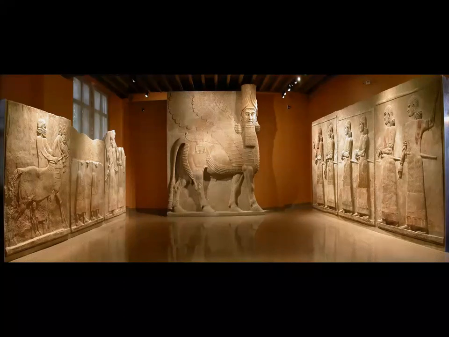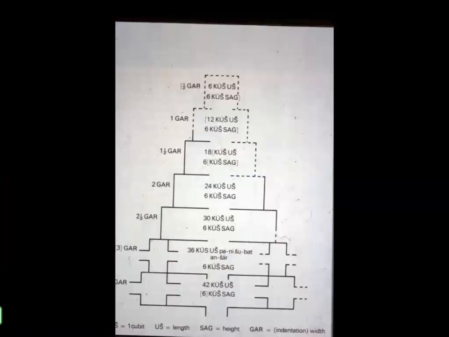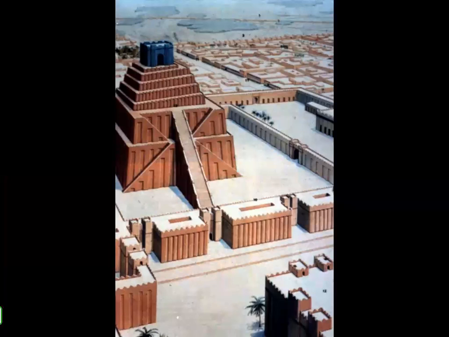confirming again Bible history. Genesis chapter 11 refers to the building of the Tower of Babel. During excavations at Babylon, where the tower was originally built, the archaeologists found this little cuneiform tablet inscribed with a plan of a 7-stage tower. This drawing is based on the tablet, and it's believed that it represents a tower built in Babylon well after the original one referred to in Genesis 11, but built on the same site and based on the same shape